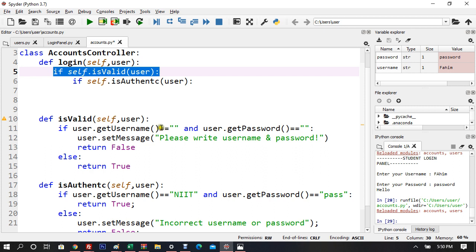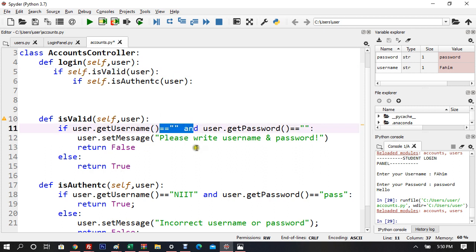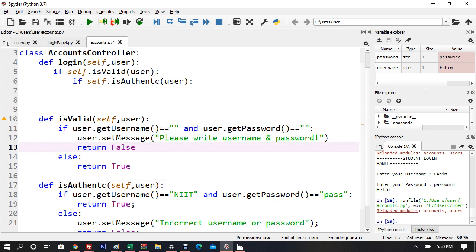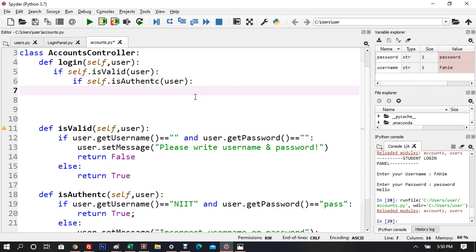First you are checking if the function is valid. Valid means username and password is written. If it is written, only then call authentic. So don't call the authentic function when the user has not supplied any username and password. Now if it is valid, and if this is also valid, because it is going to be valid if it returns true, if both are now valid,